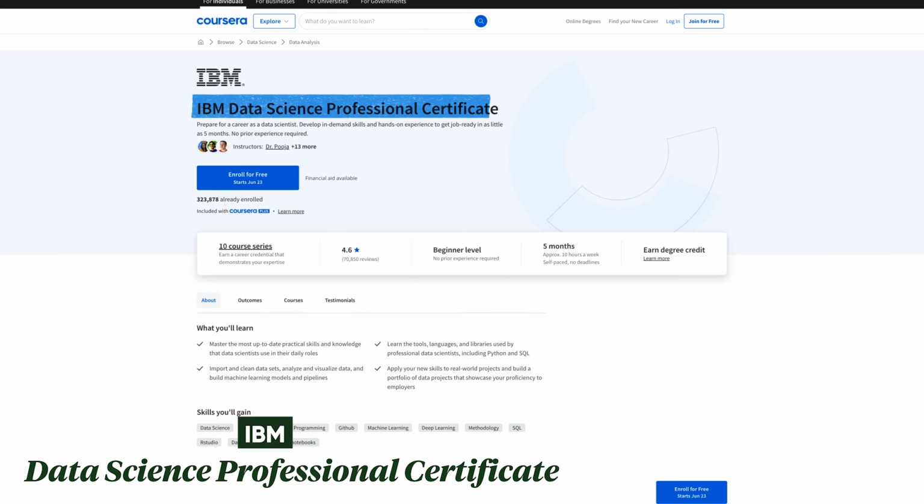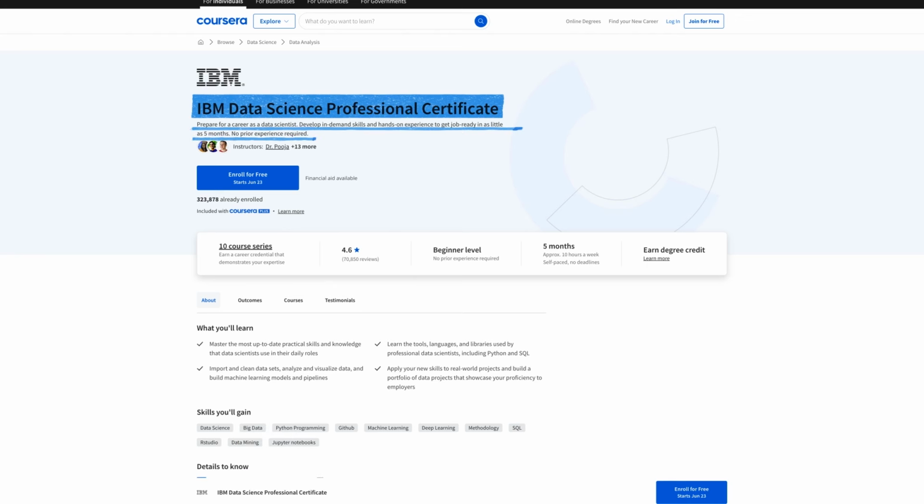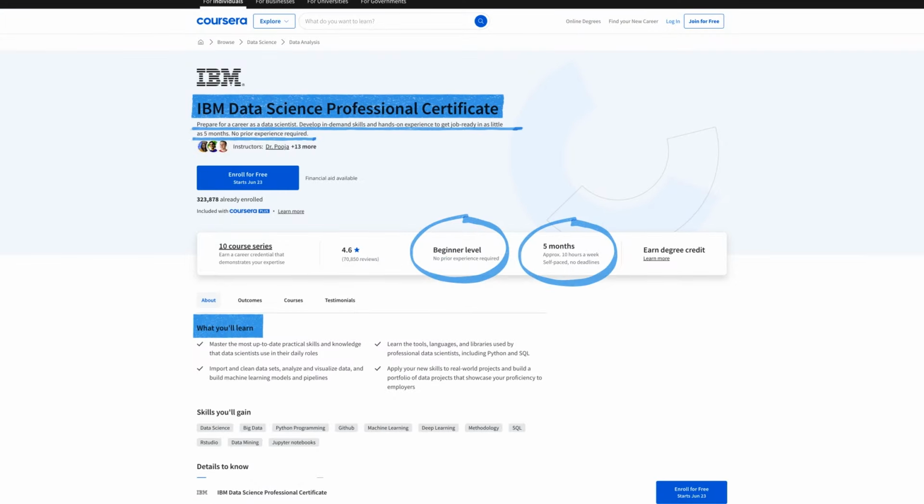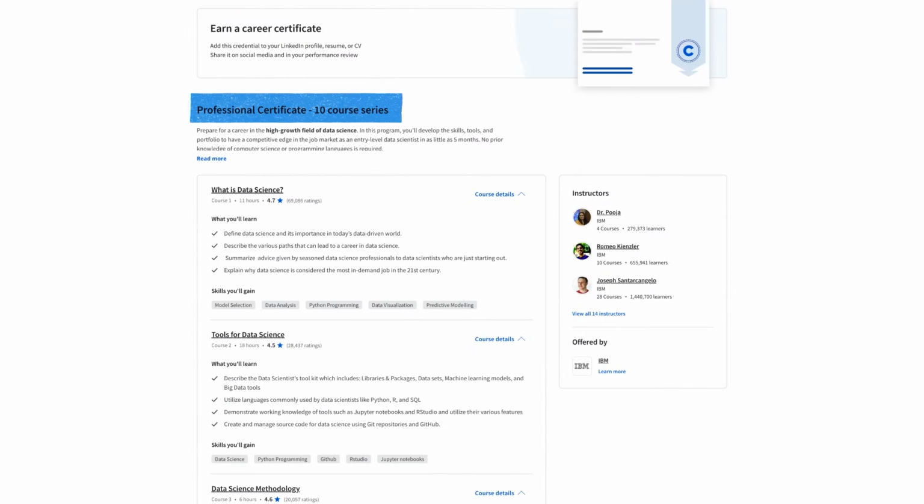First up on the list, we have the IBM Data Science Professional Certificate. This one is for aspiring data scientists and in general those who are looking to break into data science, whatever job you're looking for. It's beginner level, 5 months at 10 hours a week, and you learn some of the key tools data scientists need. To get the final certificate, you have to complete 10 different courses, and this includes basic introduction to data